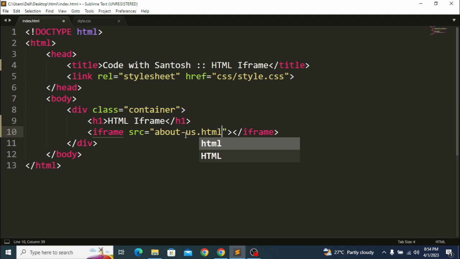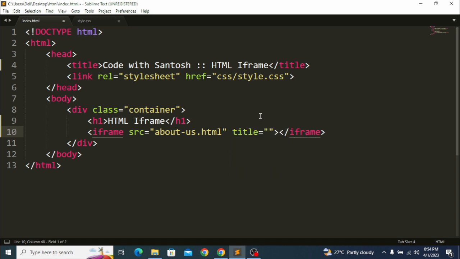Okay, so iframe has an opening tag and a closing tag. This iframe element has both, so you cannot use only the opening tag without the closing tag. It won't work properly. Okay, so this is the src and there is another thing you can use, that is